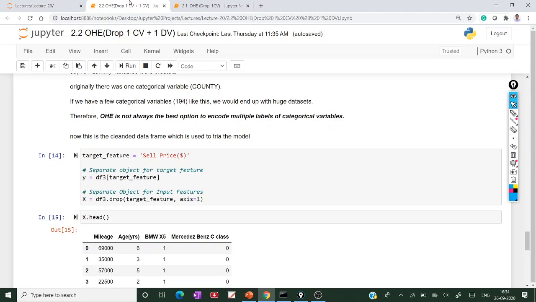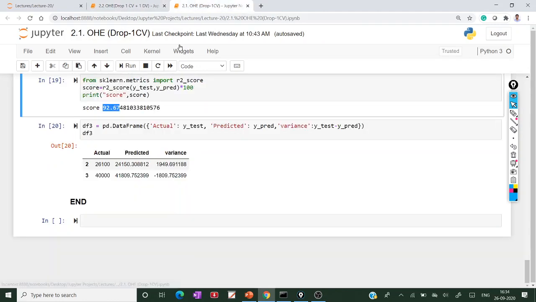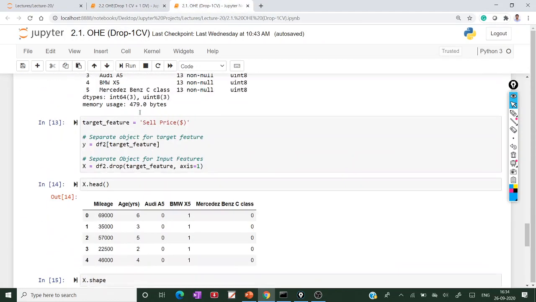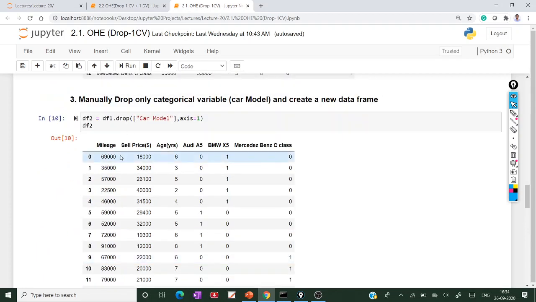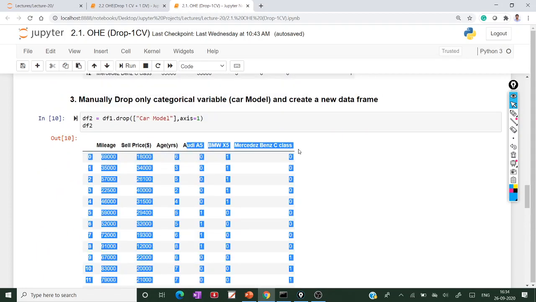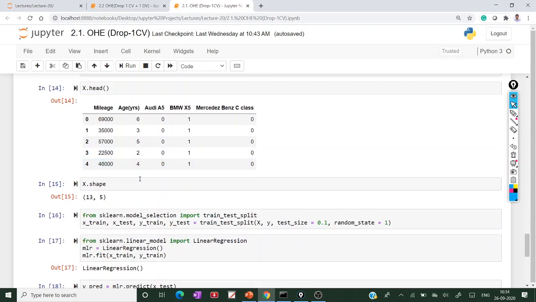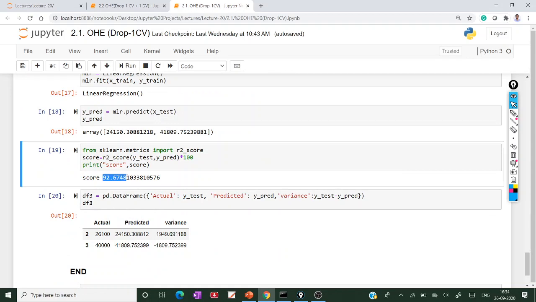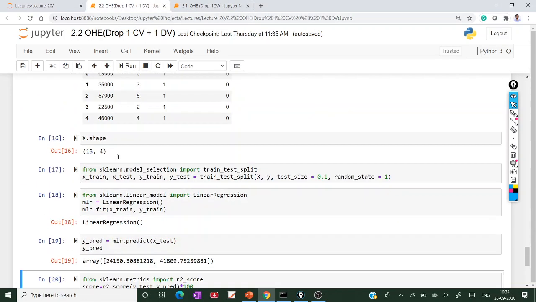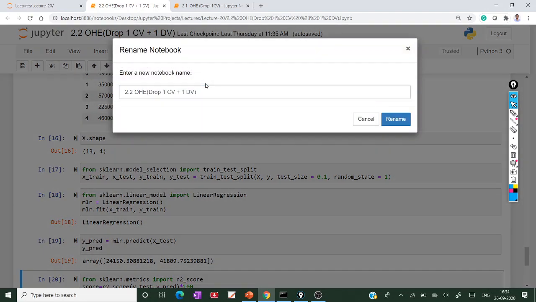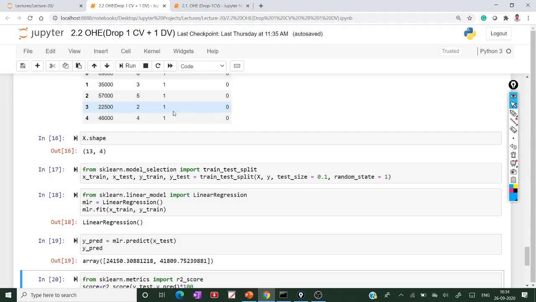That's why in code 2.1, if you drop only one categorical variable but not any dummy variable, considering the 3 dummy variables, you get 92.67. In this code I dropped one categorical variable and one dummy variable. That's why you get the same result in linear regression.